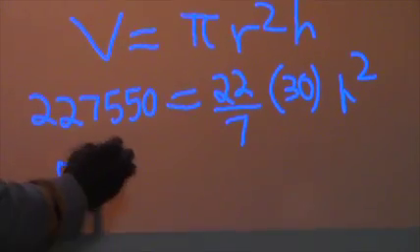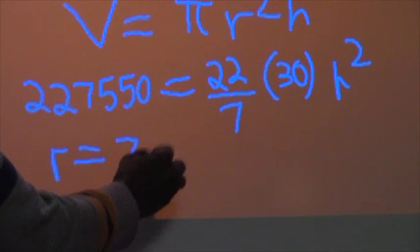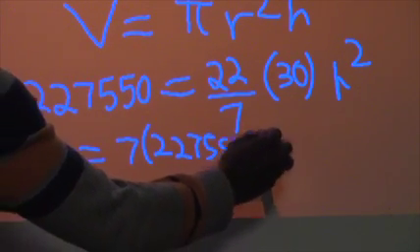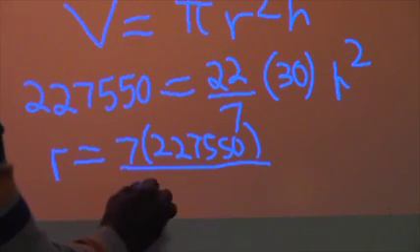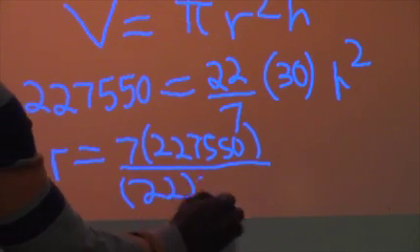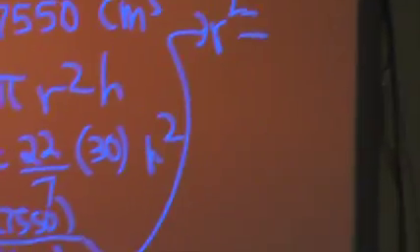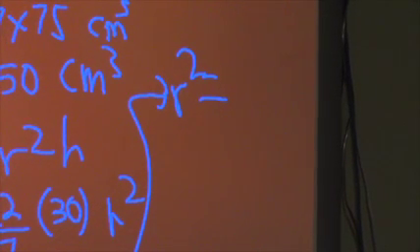The radius is going to be basically the product of 7 by 22750 divided by the product of 22 and 30. This will give us the radius squared. So let's do that multiplication. Let's do this computation over there. So we have 7